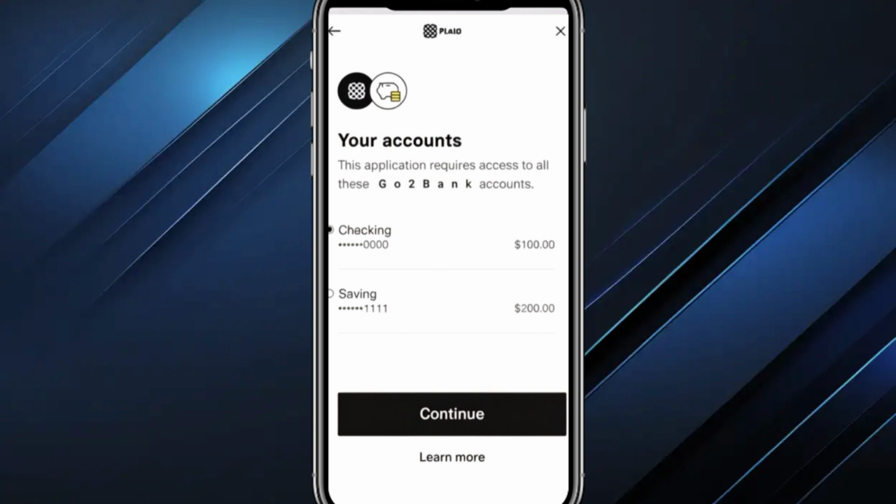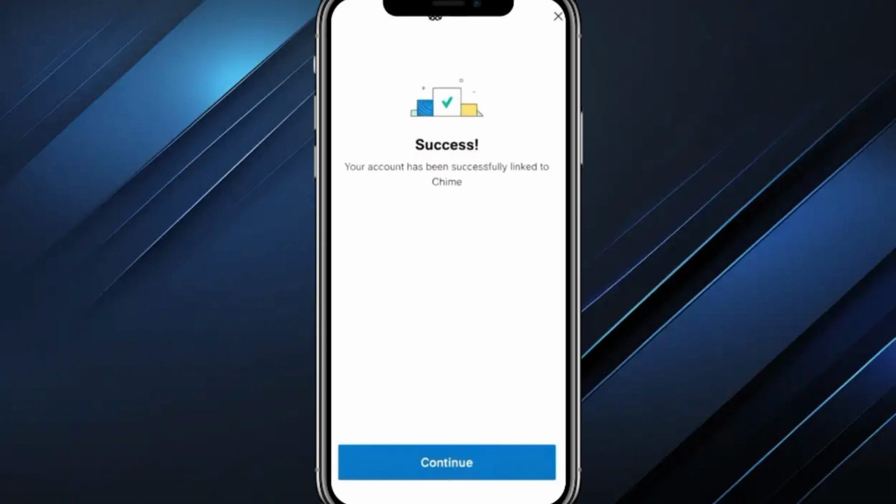Once verified, you'll be able to select your GO2BANK account from the list. Next, tap Continue to finalize the linking process. Chime will confirm that your GO2BANK account is now successfully linked. And that's it! You've just connected your GO2BANK account to Chime, making it easier to manage your finances all in